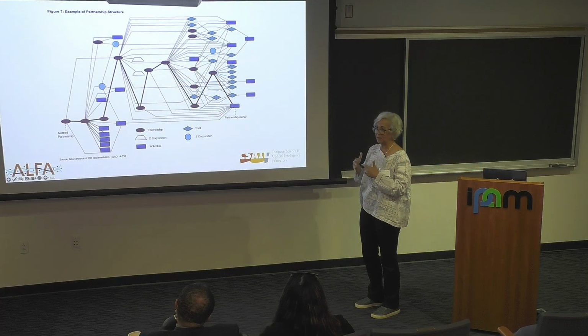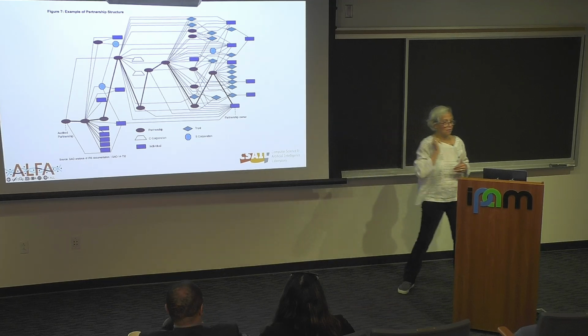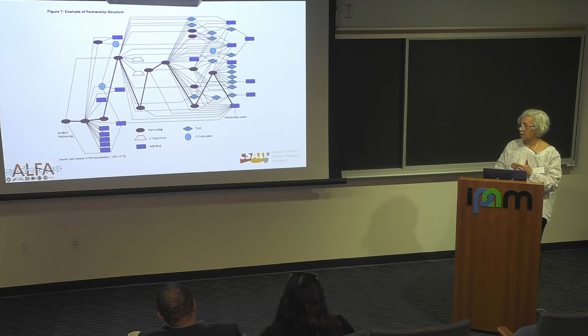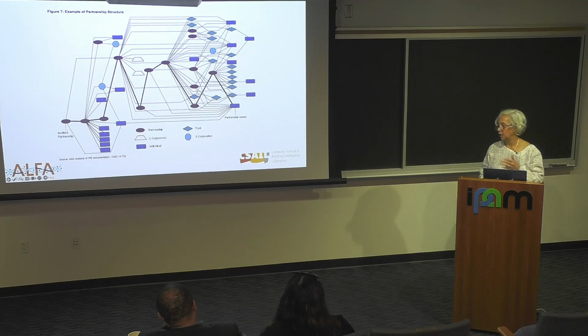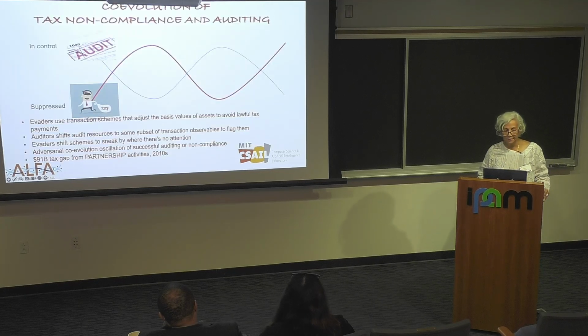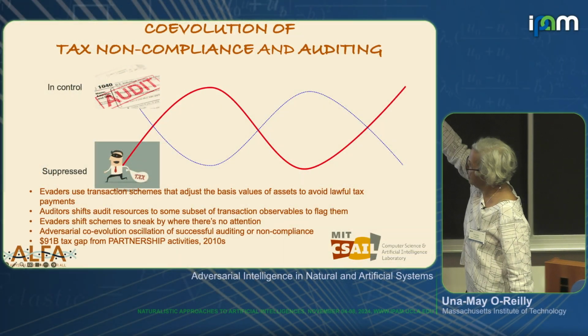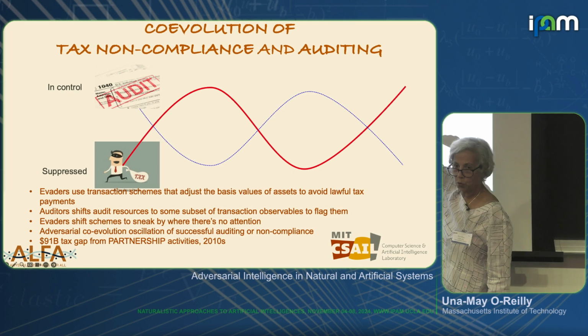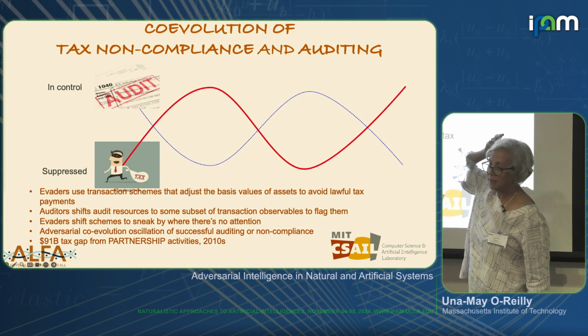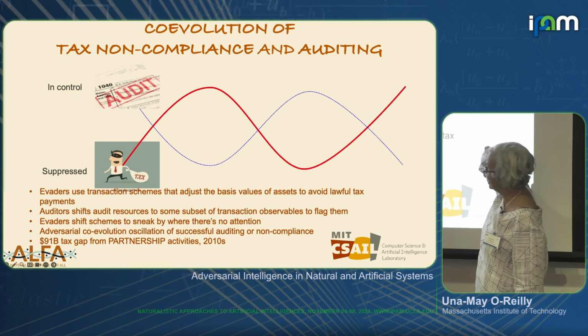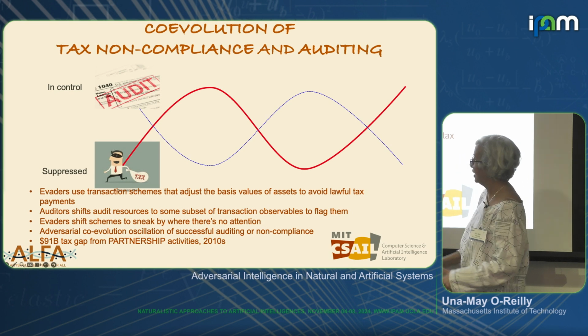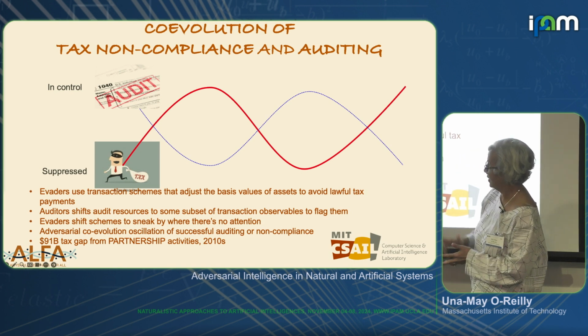And they're shockingly big and shockingly frequent, all from this sort of intelligence going on at the accounting side to find loopholes. And effectively, here's what's going on: if we consider the top of this chart to be who's in control of the system or who is being successful at their objective, because auditors have an objective that's opposite to that of tax evaders,